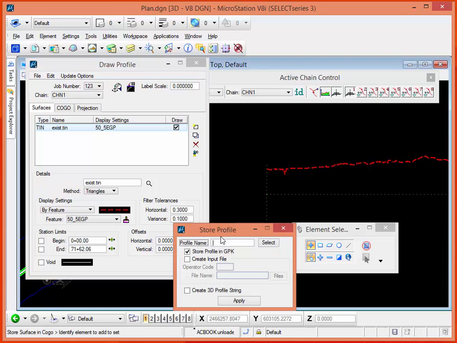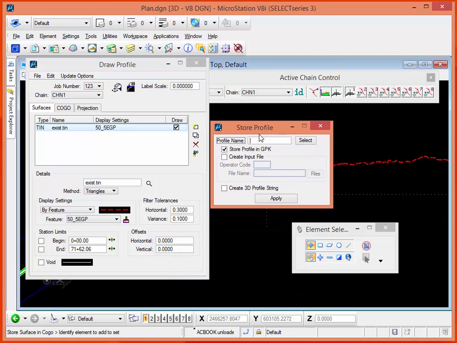So I'm going to go ahead and store that into Cogo. I'm going to give it a name, existing ground profile in the Cogo. I can also create an input file, and I can create a 3D profile string. So I'm going to store that into Cogo, click apply,